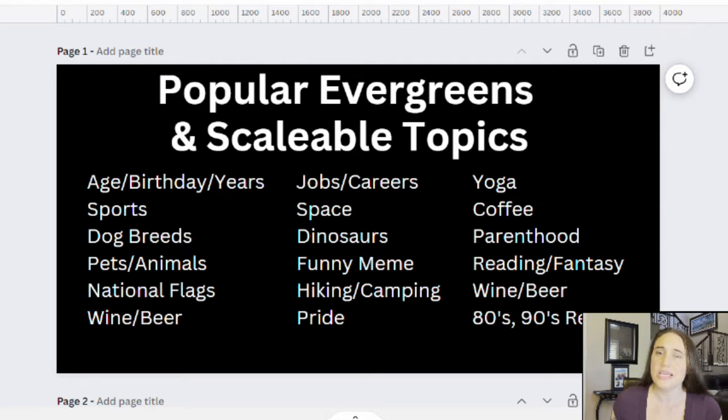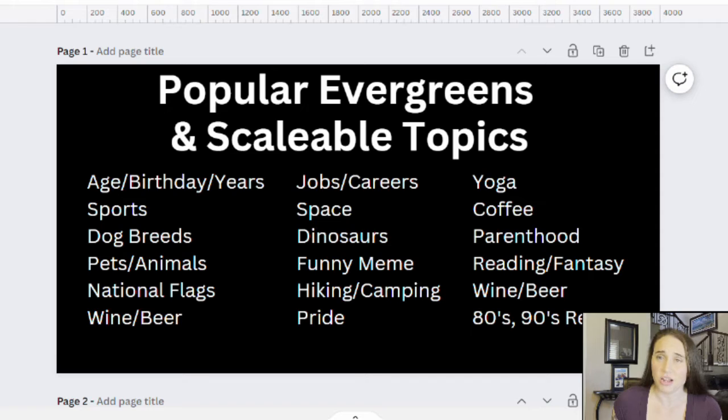As winter's approaching, some of the winter sports like snowboarding and skiing might be a good one. And then just some sports that you might not even think about, horse racing, or any number of different types of sports that people might get into. And so you can definitely create a sports design and scale that out amongst a lot of different sports. And that's pretty big for people's interests as well. Bowling, I know, is a popular one.